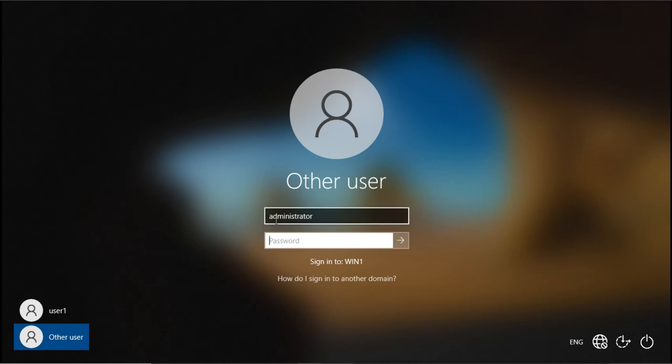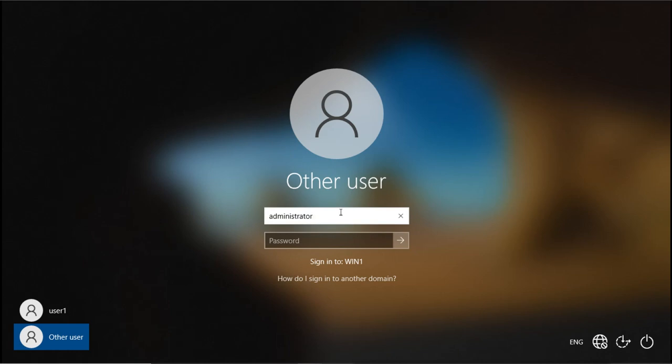But if you give only the administrator name and try to log in, then it will always log into the local machine. It will not log into the domain account. So if we want to log in as a domain account, just like we use this user account here, we use username at domain name, so we can do that here also. Now we can see that we are signing into the domain. When I give a password and log in, that means I will log into the domain administrator here. So this is the way for logging in the user account here on the client machine: administrator at the domain name.